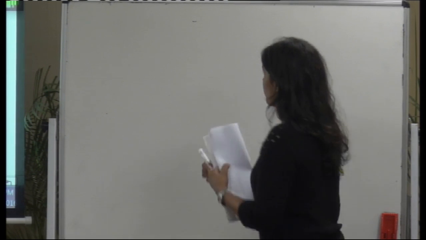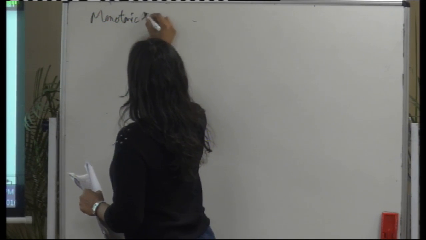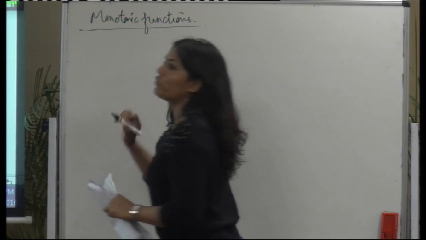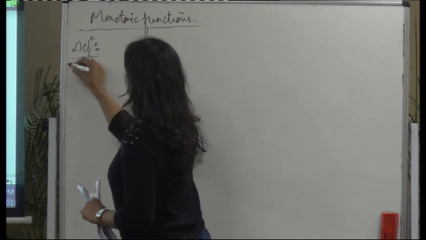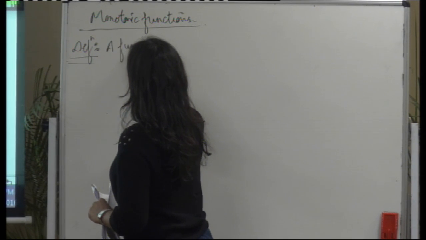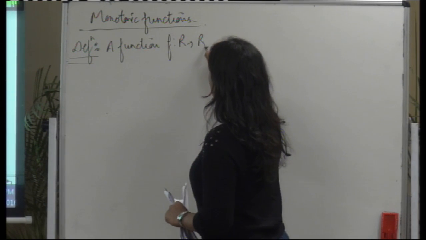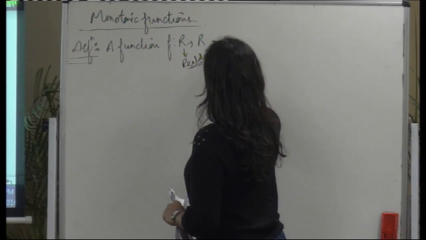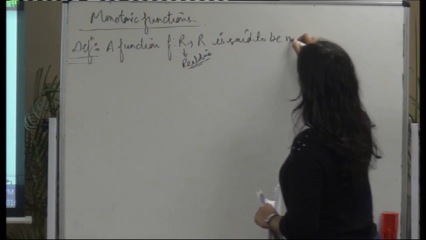I'm just first giving you the definition. Monotonic functions. So the definition is: a function f from R to R, this is basically the real line I'm taking, is said to be monotonic